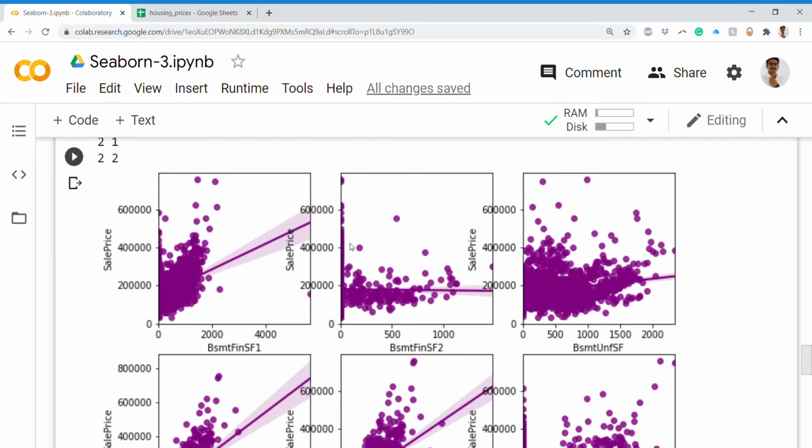Does the sale price have an impact on the basement square feet, or the square feet parameters? If you see this first plot, that is 0 0, sale price with BsmtFinSF1, you can see there is a steep increase, like a 45-degree line that is not passing through the origin, but there is some shift along the y-axis. That is one interpretation, but this does not have a good distribution of the points. If you look at the second plot, there is no increase. There is not much coverage of the data points along this particular axis, so that is not good.